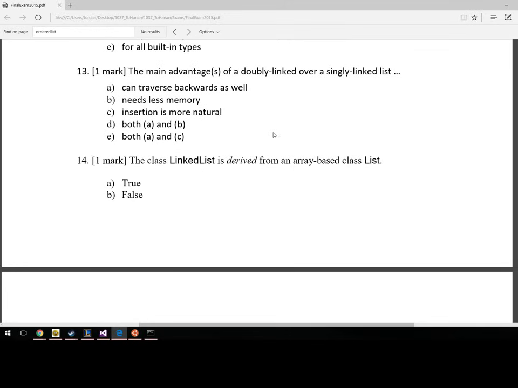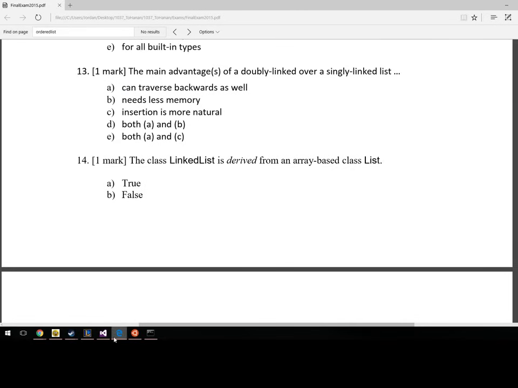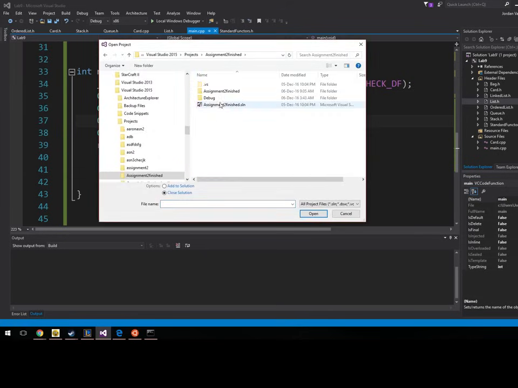Okay, so the main advantages of a doubly linked list over a singly linked list are the following. Can traverse backwards as well. This is a huge advantage. If you remember from what I posted for my code on assignment 2, and you saw how I actually moved through,